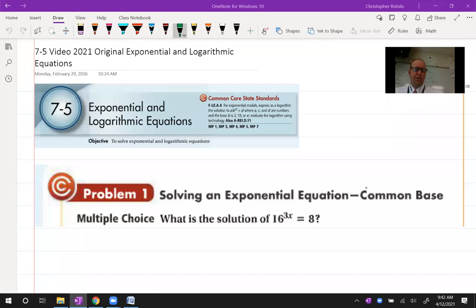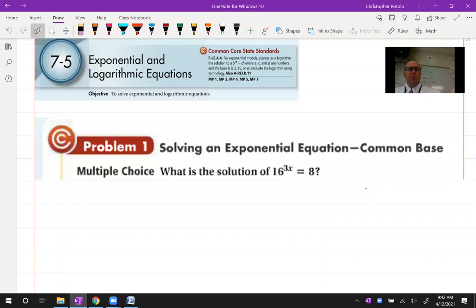All right, Algebra 2 friends, we're going to deal with some more logarithms and exponential functions. Okay, so we're going to point out just a couple problems as we go. So one thing we're going to do is be able to use these problems if they have a common base. That means can I write 16 and 8 as something to some power and that something in the bottom to